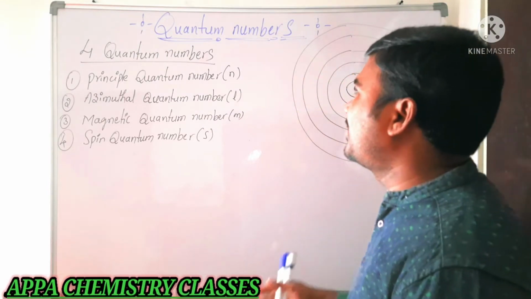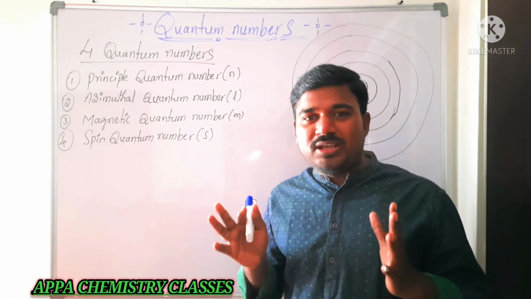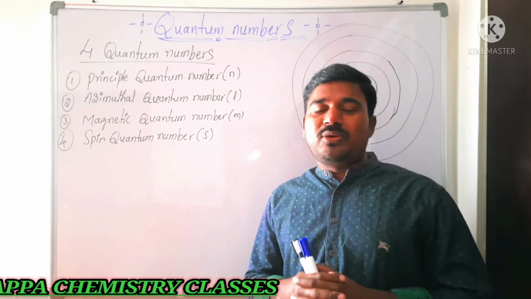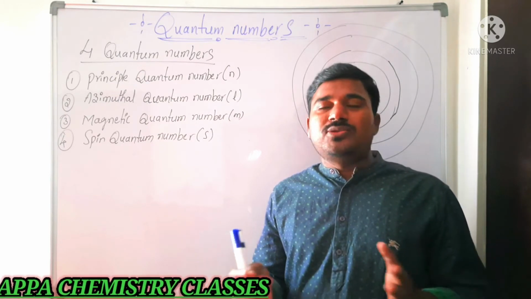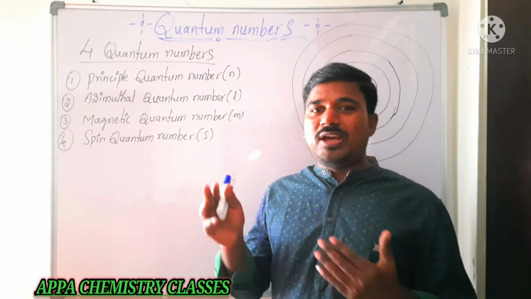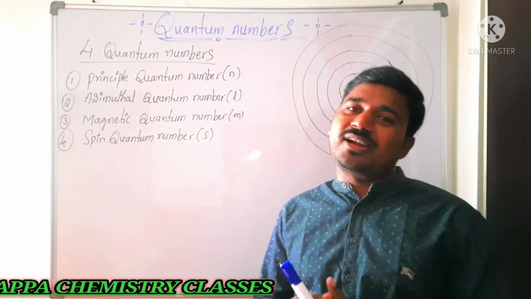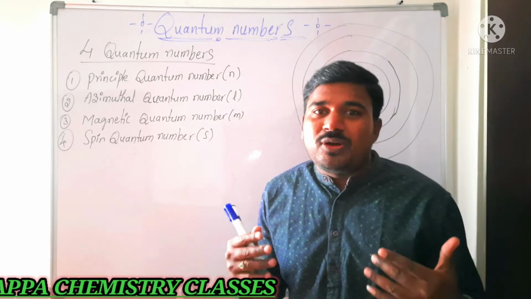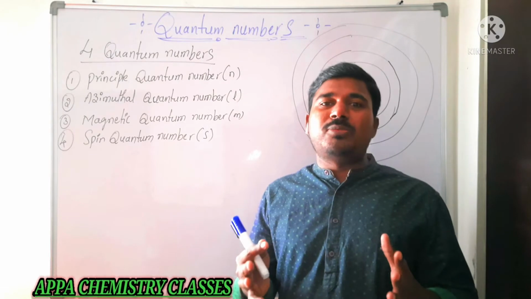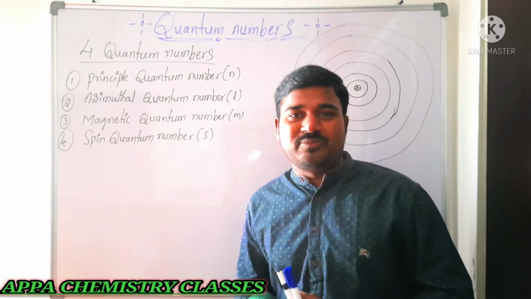So our today's topic is quantum numbers, which is the basic concept we have to learn to write the electronic configuration. So what is an atom? In that atom, how the electrons are distributed, all of that we are going to see here. That systematic distribution of electrons is said to be what? Electronic configuration. If we want to write the electronic configuration, first we must know about the properties of electrons, how that electron is distributed in an atom.